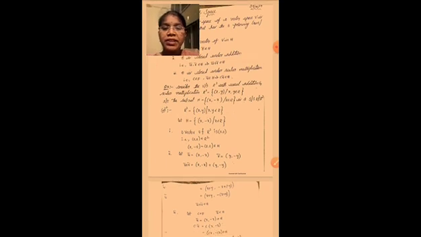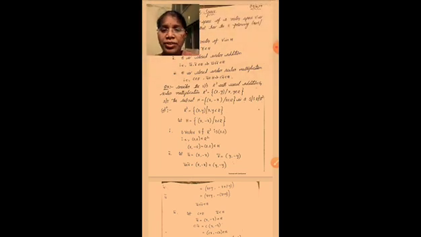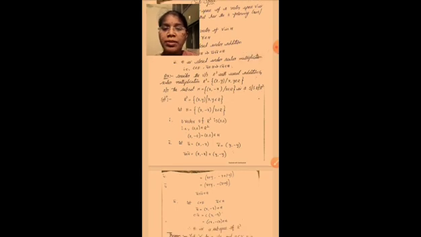Consider the vector space R square with the usual addition and scalar multiplication. R square is equal to x comma y such that x comma y belongs to R. Now we have to show whether this is a subspace or not. We have to use the usual addition and scalar multiplication properties. So show that the subset H is equal to x comma minus x such that x belongs to R is a subspace of R square. We have to find out whether the given subset H is a subspace or not.